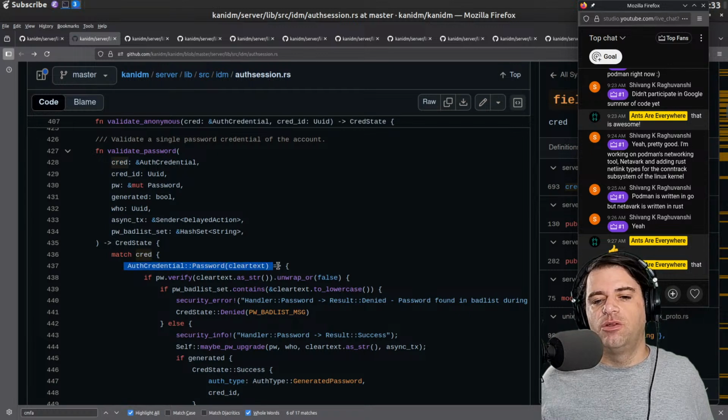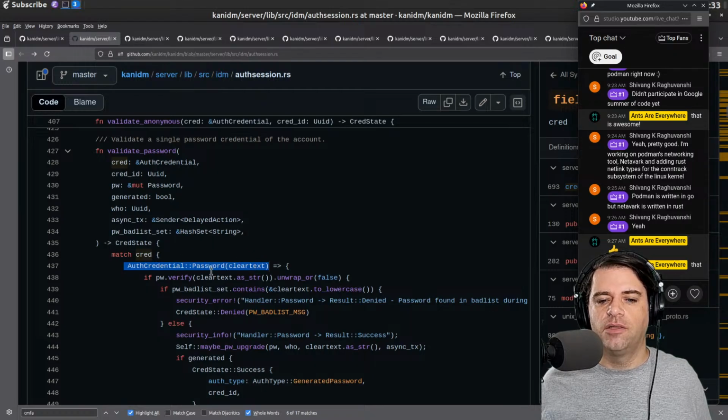Although first thing we're doing is matching on password, and the password contains the clear text in memory. And we're going to call password verify, taking the clear text, calling as string on it, and trying to unwrap. I don't know what unwrap is doing, but I guess if unwrap fails, we'll return false.